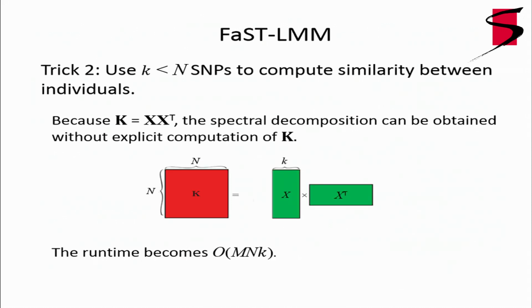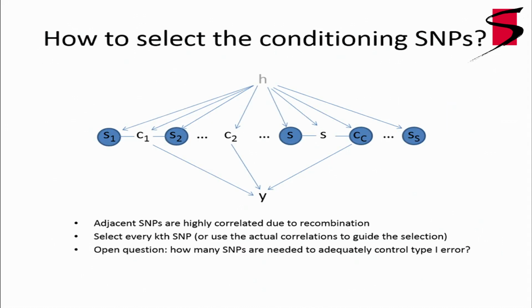The other trick, again algebraic, is to assume that you have k less than n SNPs that you're using to compute the similarity between individuals. And I'll come back to that issue in a moment, but make that assumption and use the fact that the similarity matrix is basically this product of the SNP data times itself. When you use these two things in combination, you can get the runtime down to O(mnk), linear in all three. And some of you might be thinking, now wait a minute, you just told me you had 10 million SNPs, you wanted to condition on all of them, and your sample size is 1 million. So k is 10 million and n is 1 million, so k is not less than n. Well, we're going to